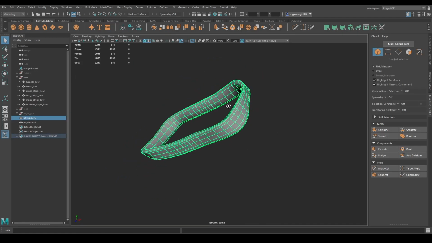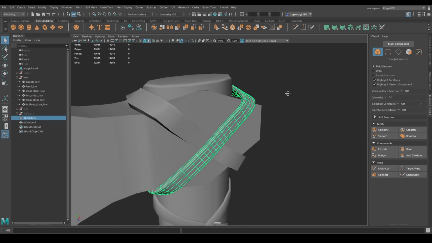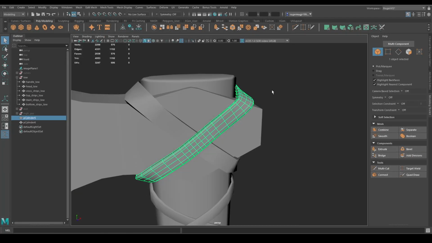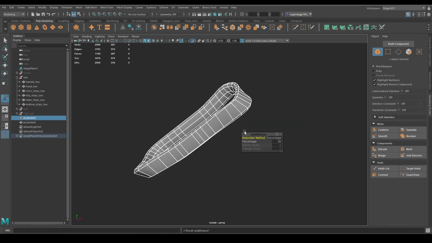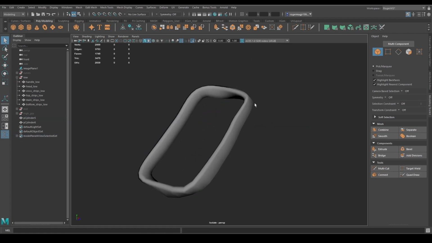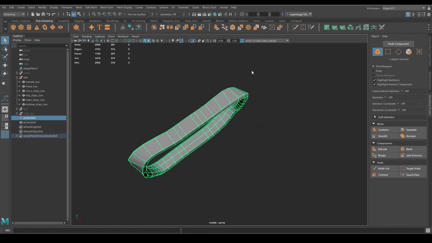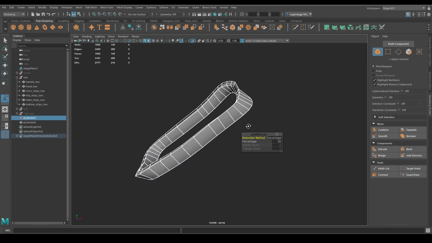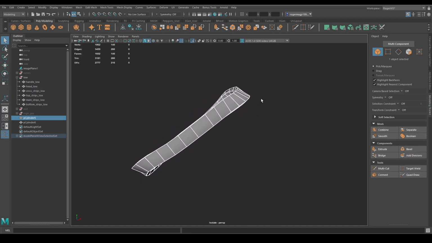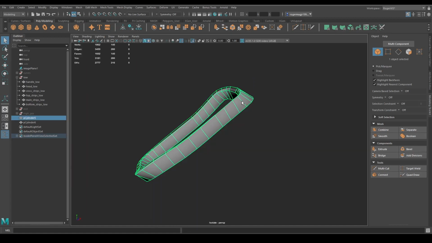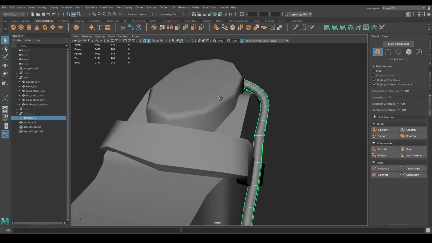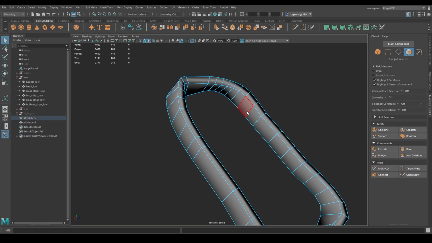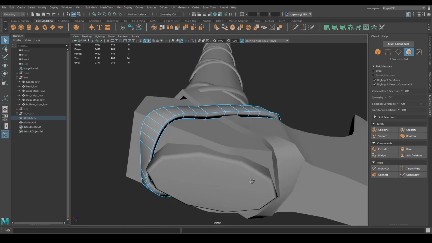Maybe before deleting those, let's wait. Let me see. Yeah, before deleting those, let's go and reduce, reduce, reduce one more time, and let's only delete from here